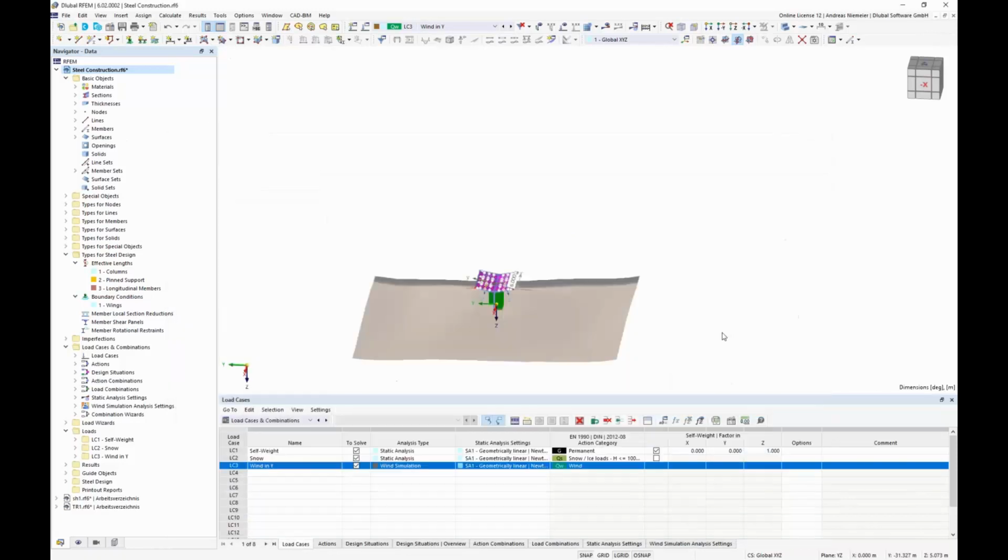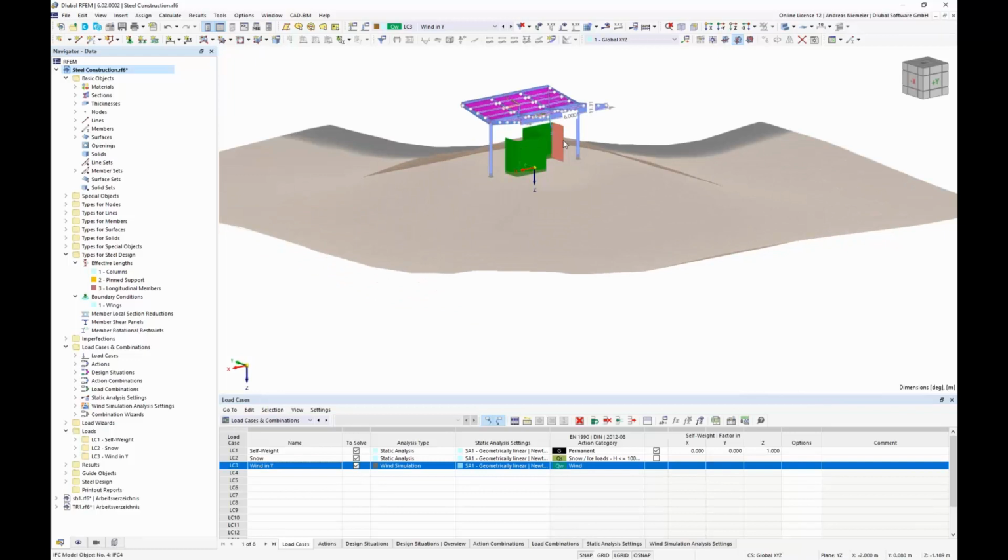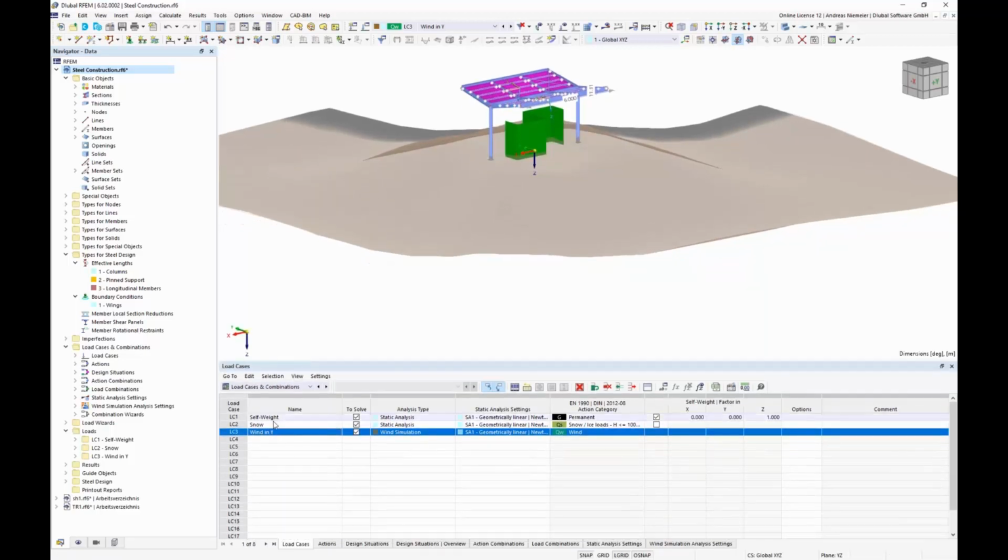So I just mentioned, now what happens if we have the shading and we want to simulate different wind directions now? Should I define all these wind load cases manually in this load case list with different angles? Of course you can do this, but this is boring work. For this, I recommend let's delete this load case